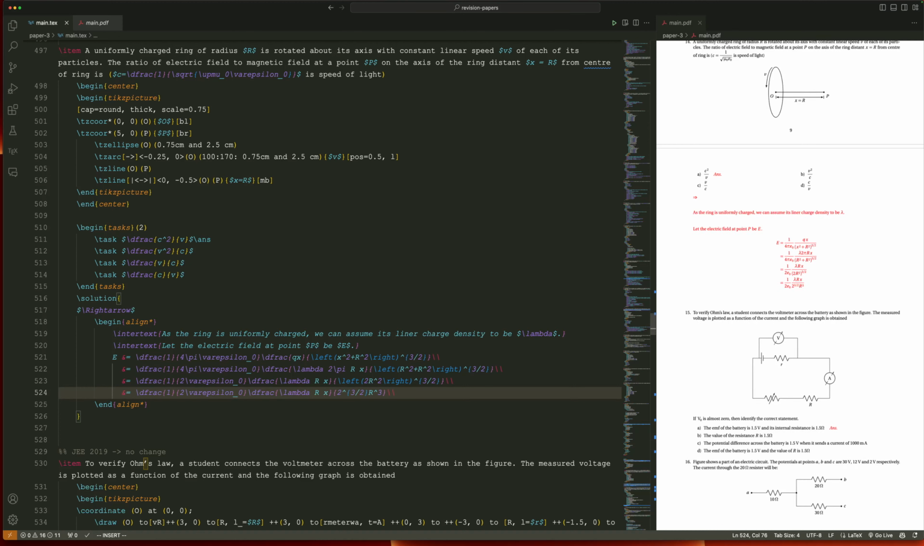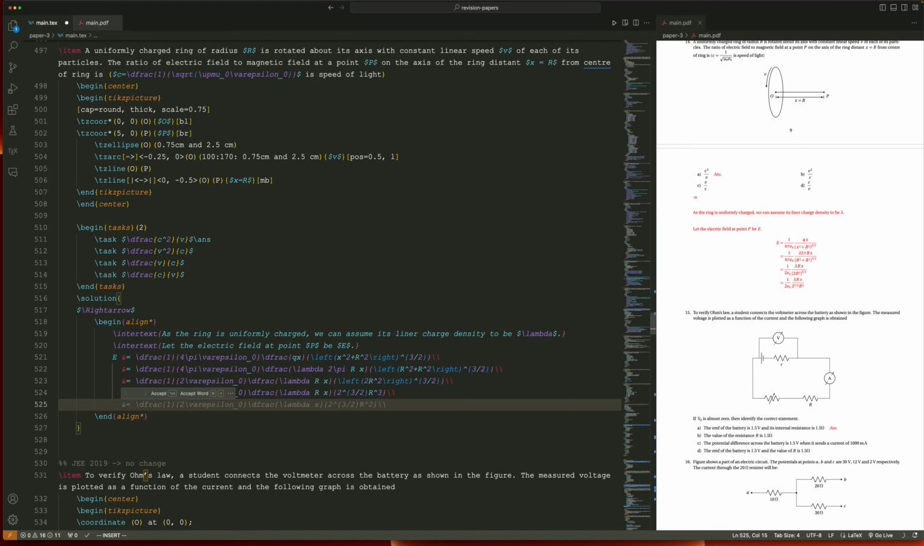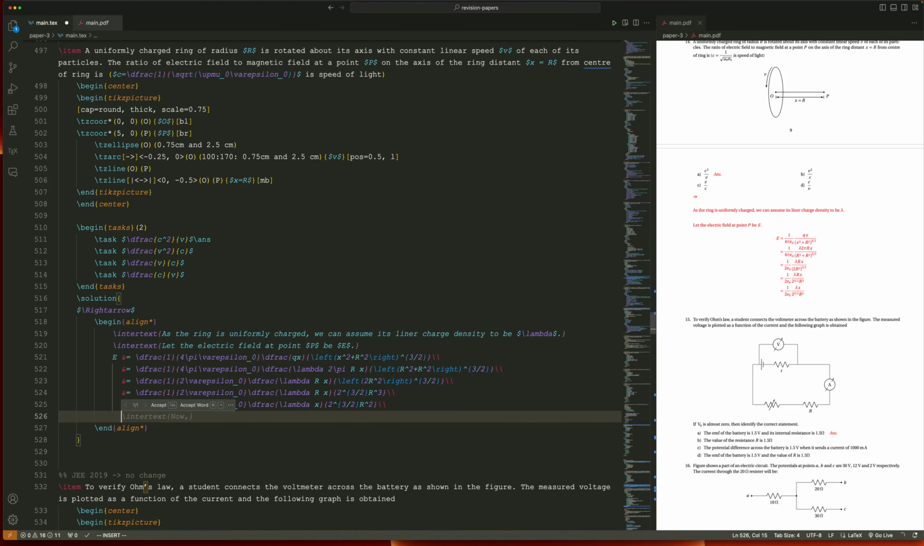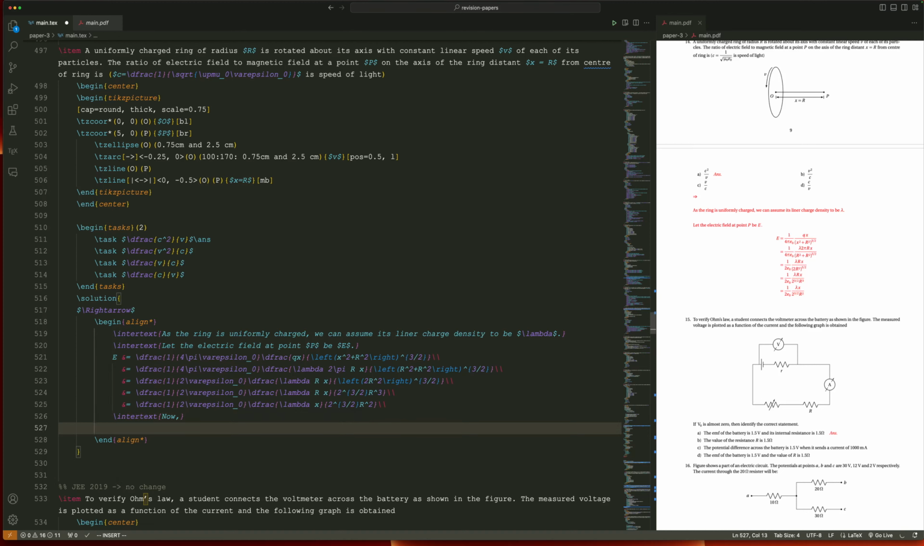R cube, yes. 2 pi power 3/2, it's absolutely fine. R cube. Let's R square. Yes, 2 epsilon lambda r, yes, absolutely fine. And now we can, now